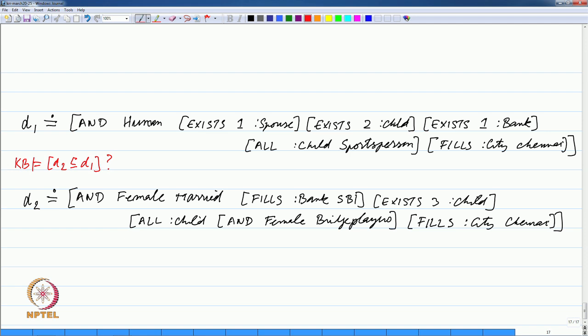Now, if you remember what structure matching says is that for, so this is a super concept, and this is a sub concept, and the structure matching algorithm, if you remember, said that for every component of the super concept you must have a matching component in the sub concept. If that is the case, then you can say that answer to this question is yes essentially,